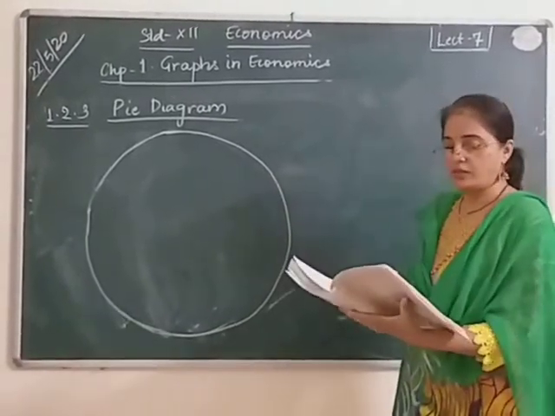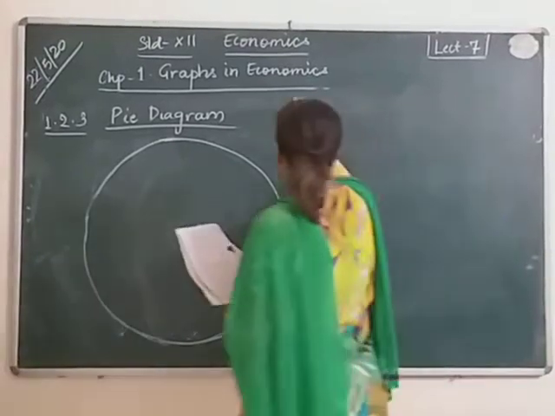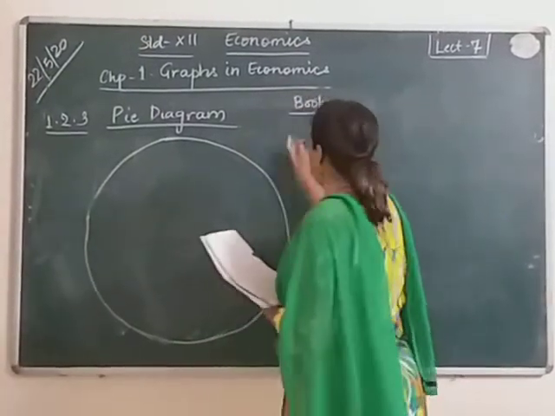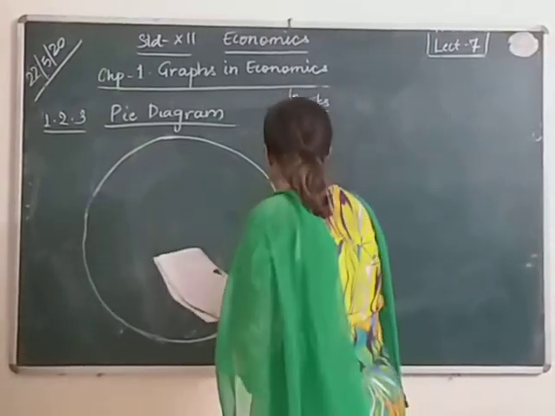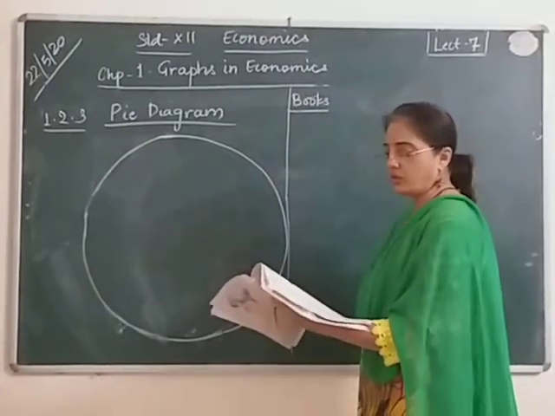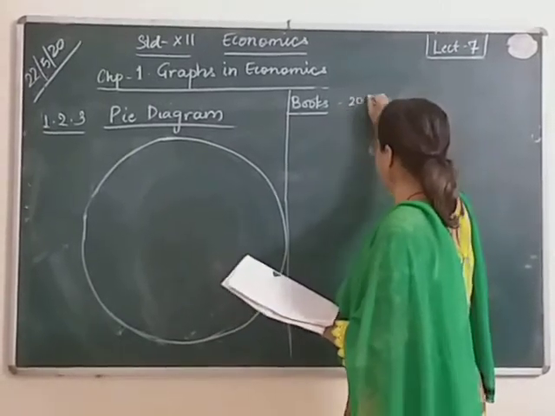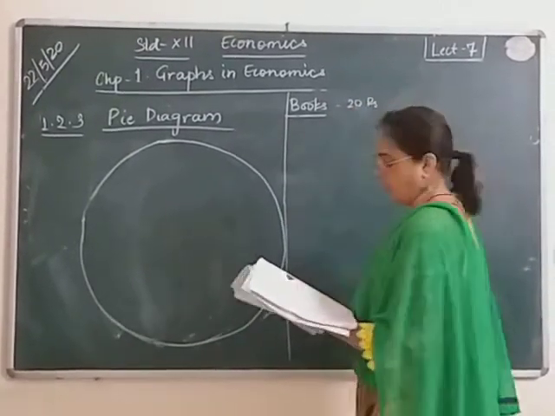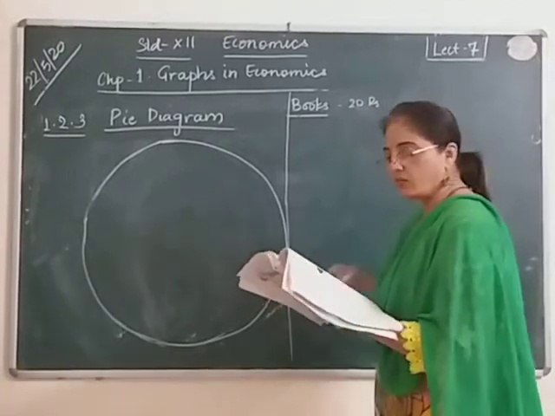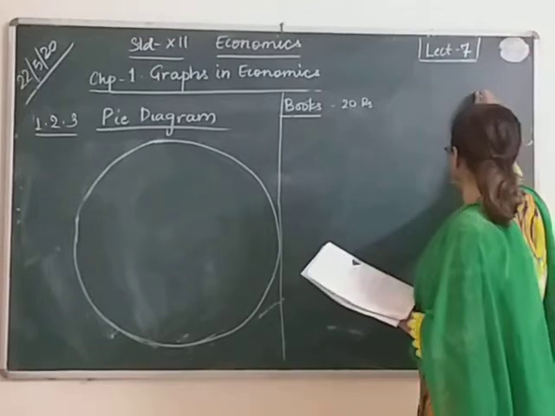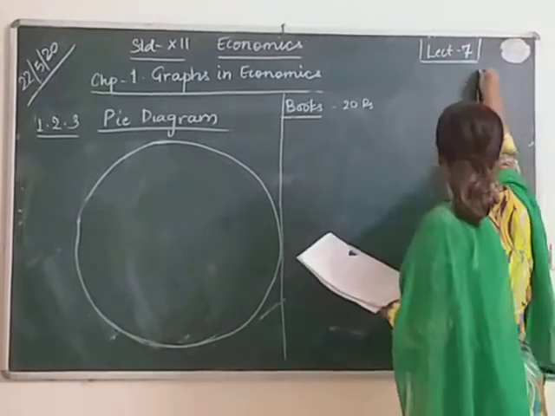The first one is books. Now here we take it like this. Here the scale is not to be taken. First will be the calculation for books. Working will be shown here. On books he is spending 20 rupees. And what design you are going to assign to books and the others, that we will write down here.